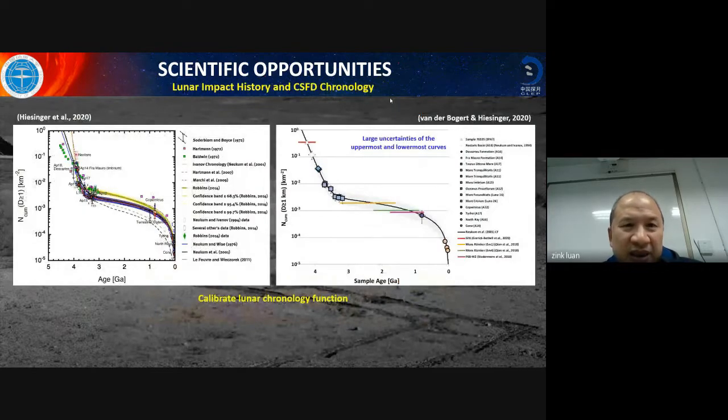Another is lunar impact history. Some people may be familiar with this method. We call it the chronology method. It is widely accepted and applied in the planetary science community. For the moon, you can see this curve, and many points are plotted in this figure. There are Apollo 11 to Apollo 17, and the part with age older than